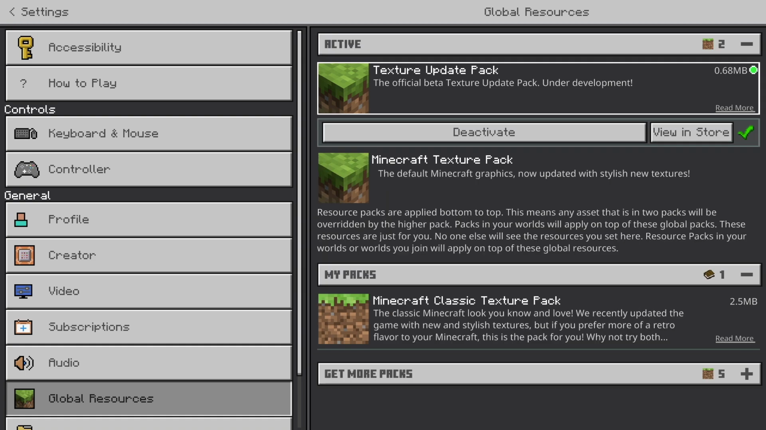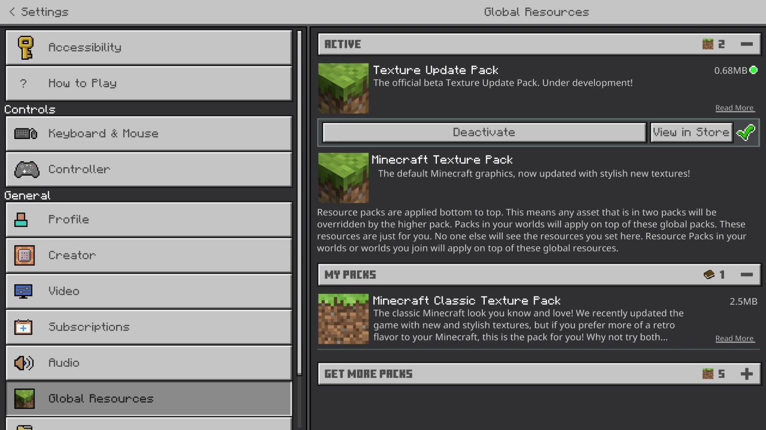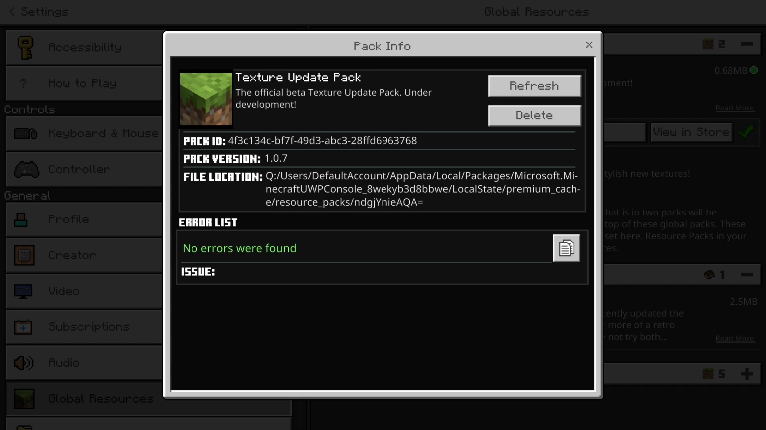Then you want to go to where it says active packs right here, and you want to locate the texture update pack that we just added, and you want to go to the right here where it has this check mark, and you want to press on the check mark, and then once you press on that check mark, it'll show the pack information. What this tells you at the top right here is the pack ID, which is the UUID. That will never change, but the pack version right there you want to pay attention to, that can be updated,